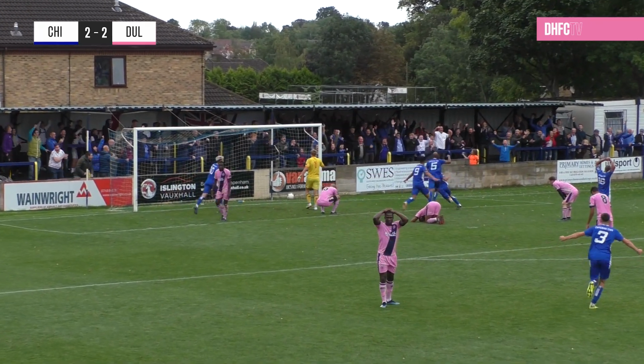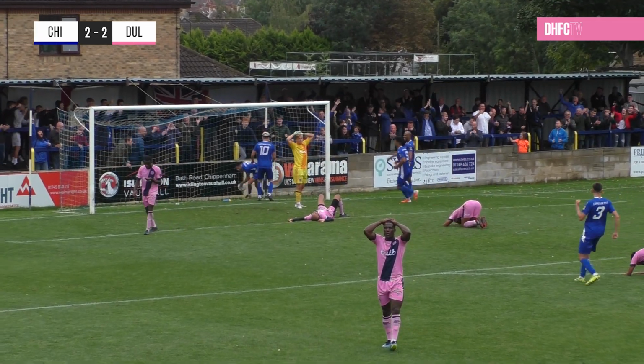It's been a tough period in the league, but how did you rate their performance as a whole over the 90 minutes today? To be fair, I thought over 90 minutes, I thought it was all right. I thought we played quite well. We've been working on stuff in the week and things like that. So I thought the boys done well. Like I said, yeah, it's got down to the last minute where they've scored, but I think we've had